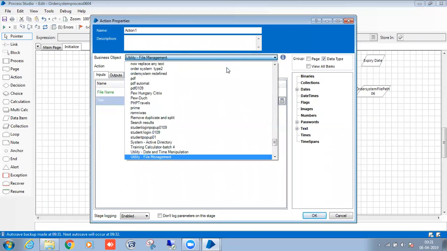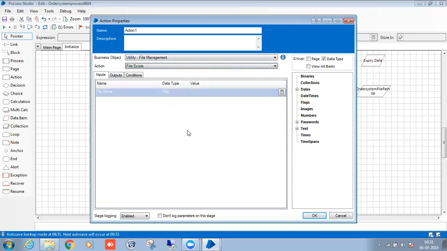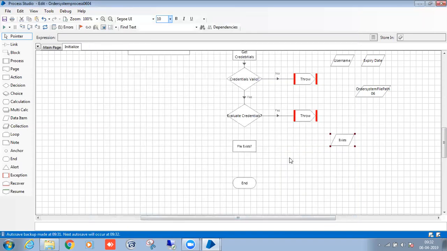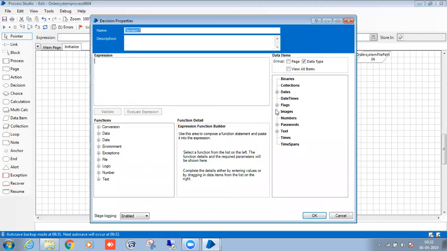utility, file management, file exist. Here you have to pass the file. Next I will take the decision stage and I will check this flag.